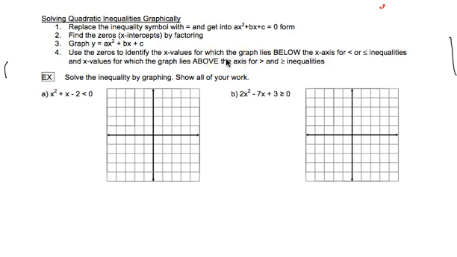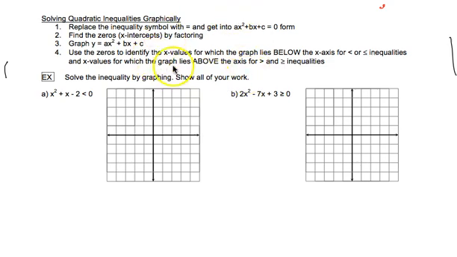As I'm sure has been reiterated over and over again, if you are having trouble factoring, you need to sit with your teacher and practice until you become competent at it, because factoring is just going to be part of so much from here on out. And it doesn't end in Unit 2 either. Factoring is going to persist through the whole rest of the year. You need it in pre-calc, you need it in calculus, the list goes on and on. So please make sure that if you are still feeling like you aren't confident, that you get some help from